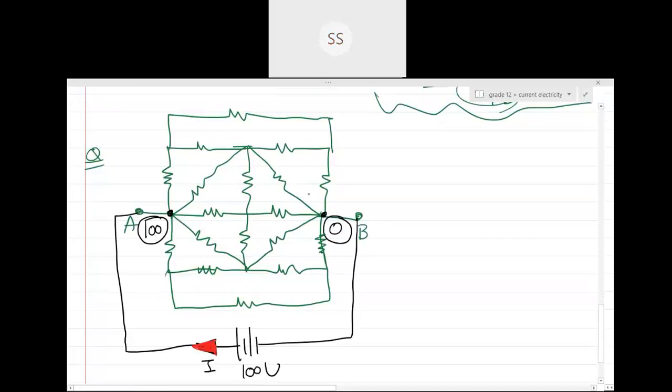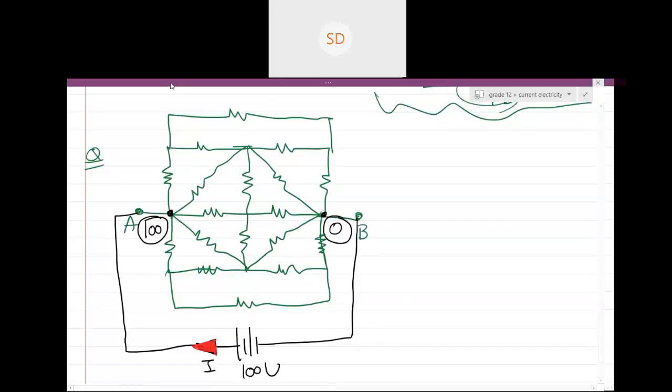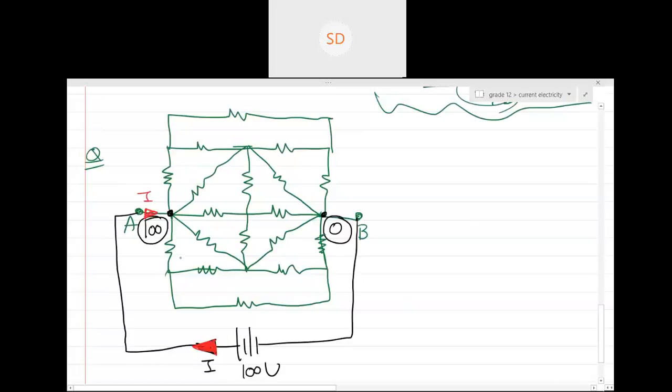Now, is it clear? There are resistances in every branch. Now, tell me, what will be the direction? Can you see I current will come over here and it will distribute in how many parts? Can you see 1, 2, 3, 4, 5 parts? Can we use the first concept? If this is I1, this will also be I1. If this is I2, this will also be I2, and this will be equal to I3. Yes or no?